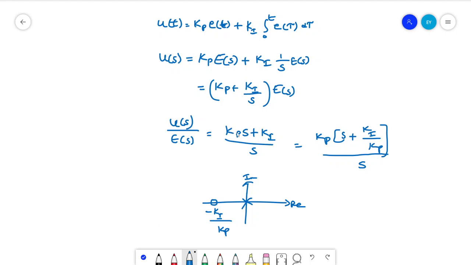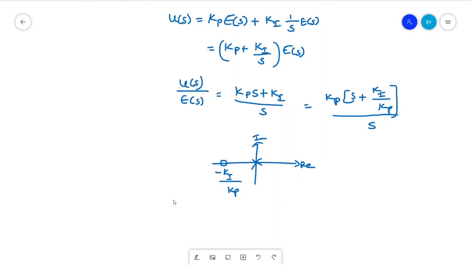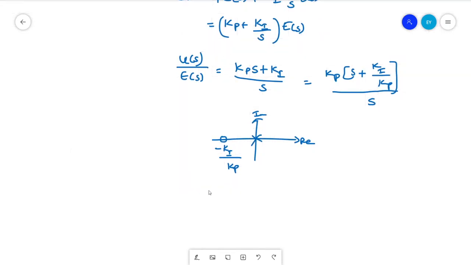You can manipulate these two, kp and ki, or you can actually move this 0 such that you can get the desired specifications. So moving this 0 is nothing but manipulating ki and kp alone, right? That is the value of that, a scalar value of the 0. So what happens if you are adding the derivative to that? If you are adding an extra derivative, how does the expression become?